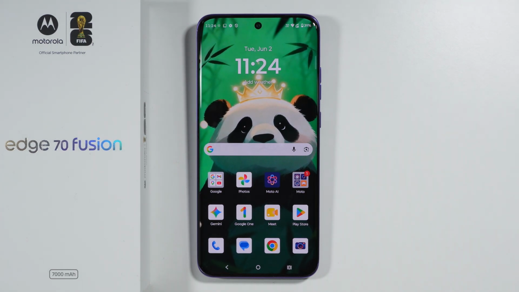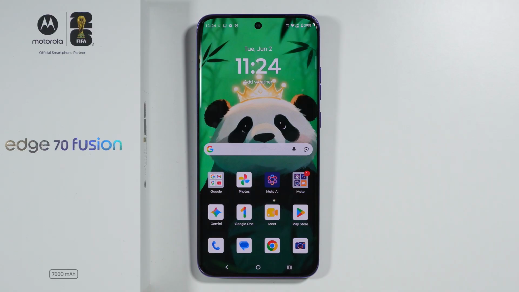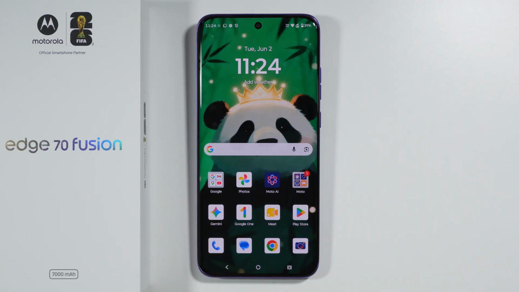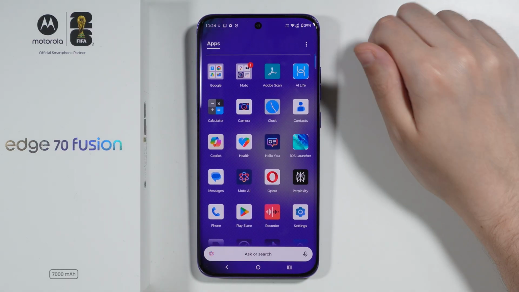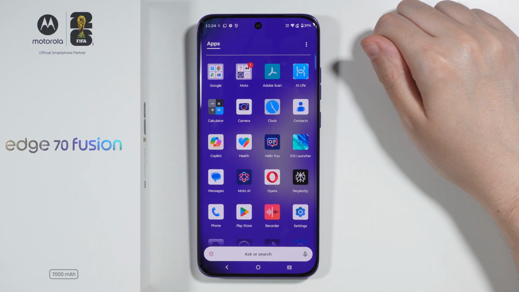In this video, I'm gonna show you how we can completely deactivate Gemini or Google Assistant, and also how we can reactivate it on Motorola Edge 7D Fusion. So in order to disable Gemini or Google Assistant on your phone, what you can do is, first of all,